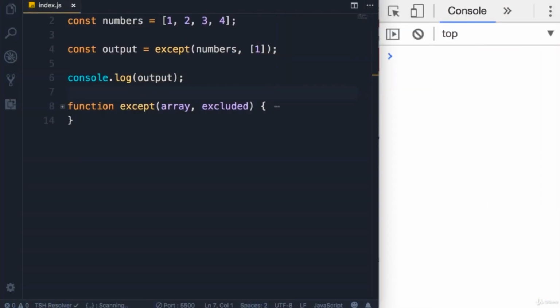All right, here's the third exercise. So we have this numbers array and a function called except that takes an array and another array. And in this array, we can add the values we want to be excluded from the original array. So this function returns a new array without the values that we have passed here. So if you run this program, we get a new array with these 3 values, 2, 3, 4, because we